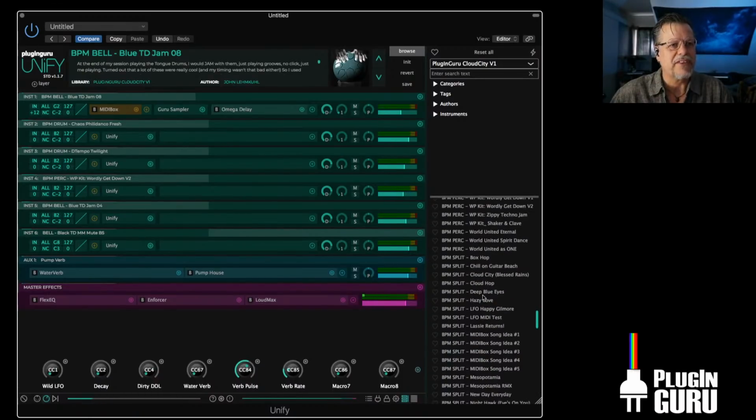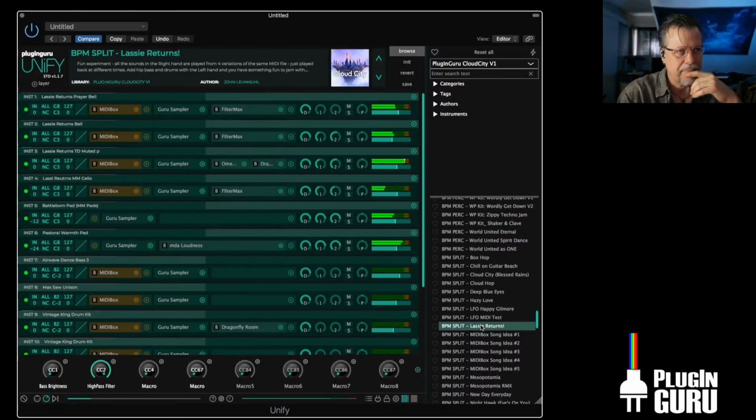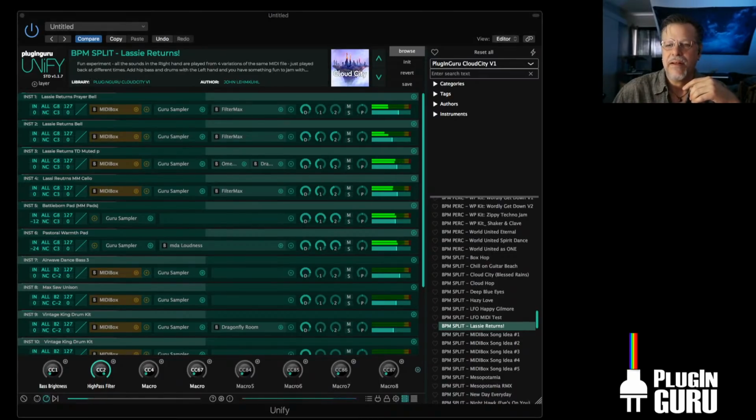The BPM splits, I only showed you some of these. Some of these are so cool. This is all the same MIDI file. And then down below,